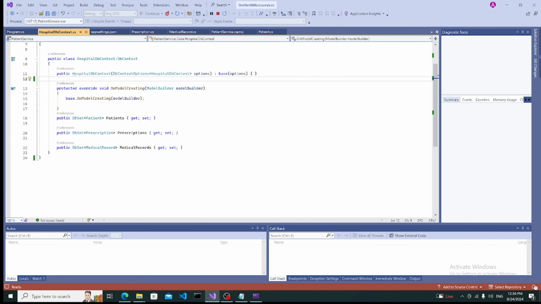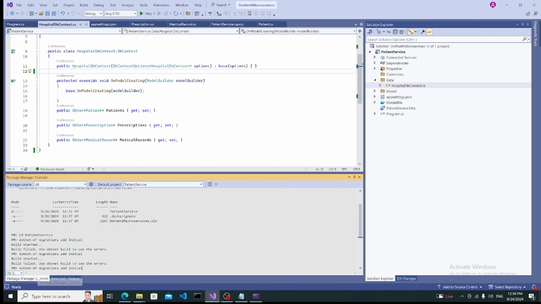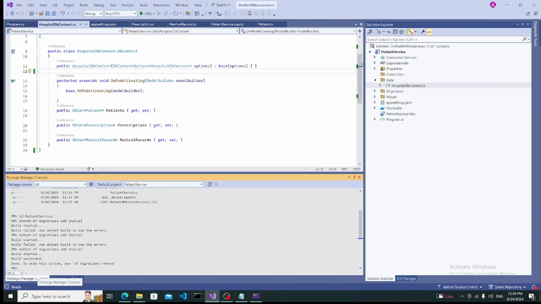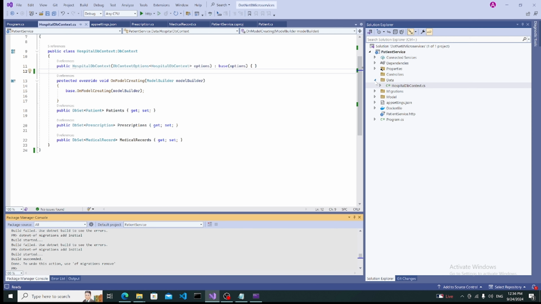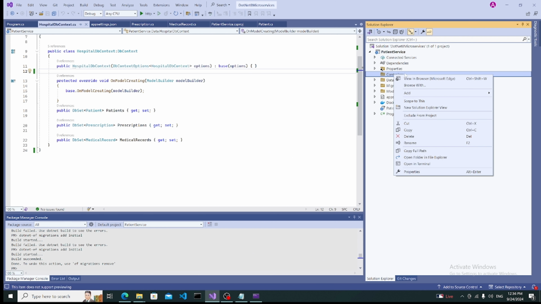Okay. So okay, so perfect. And so we have the Entity Framework Core set up, and we are going to add some